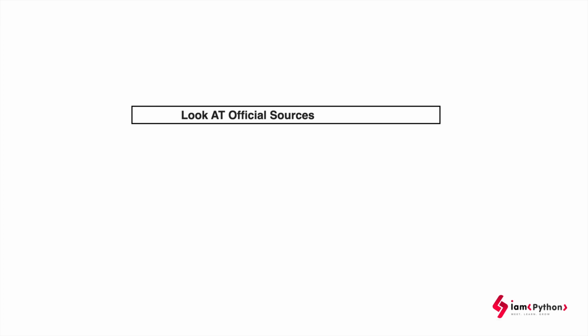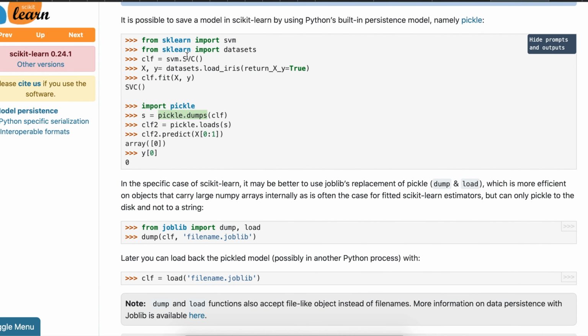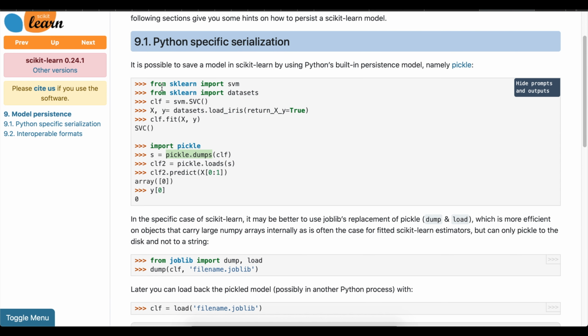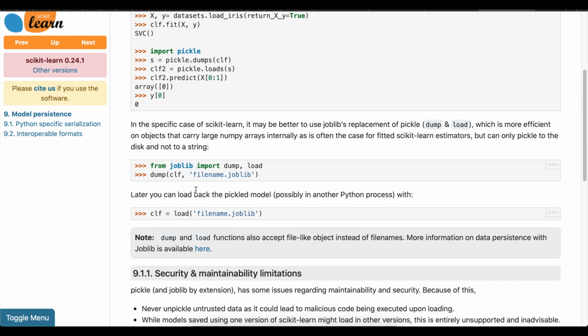So let's look into some interesting model-related documentation websites, and we'll get more idea about it. On the model persistence page, you can see that you train the model, then use pickle to create the model file. So pickle is one approach. If not, you can also use the joblib approach. Now read this sentence and you'll get an idea.